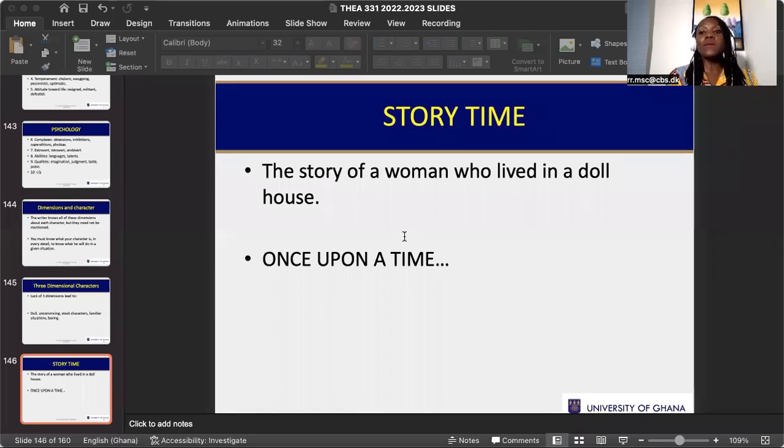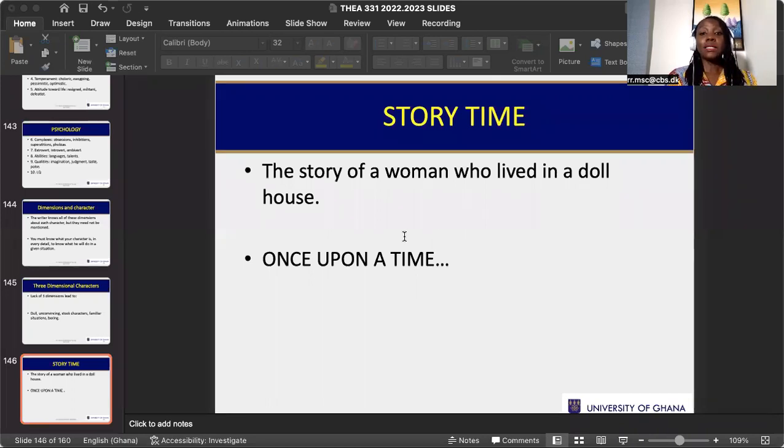She confirms to him that it is true. He gets hysterical and he tells her she has ruined his life and that she is morally corrupt and unfit to be the mother of their children. He goes further to tell her their relationship is done. They will live together, but there will be nothing between them. He resigned himself to be at the mercy of Krogstad and blames her for ruining his life.